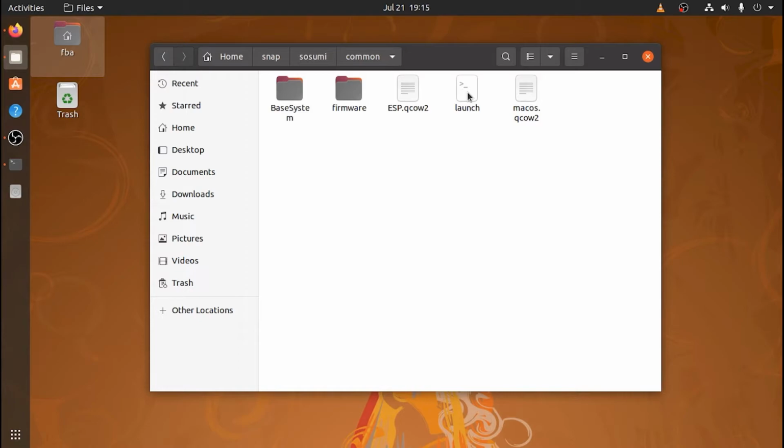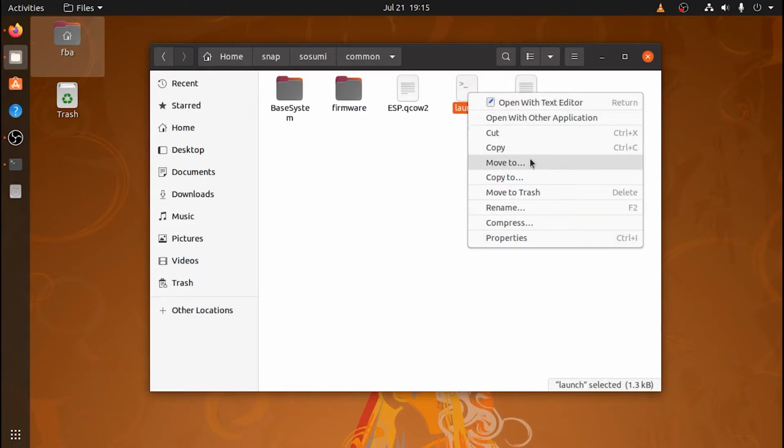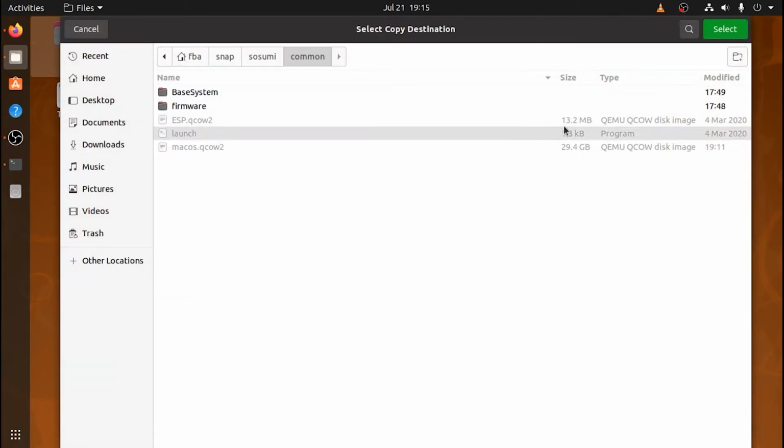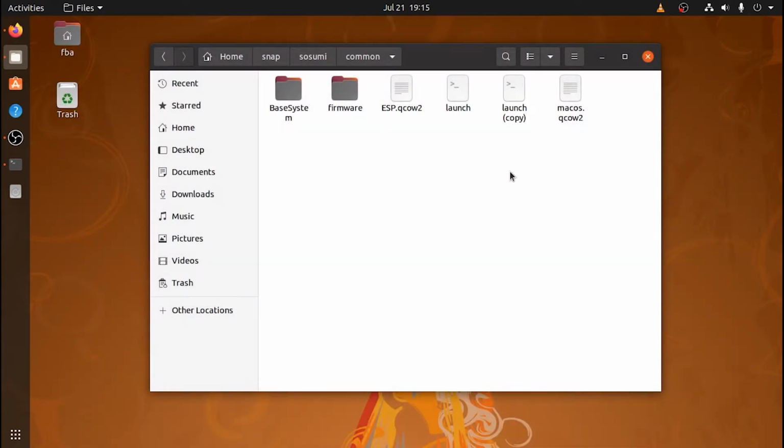Before opening this file, make a copy of this file as a backup, because if you make a mistake here, you can simply revert to the backup file and save your system. I mean, macOS system. So I'm going to make a copy of this, and I'm going to rename it as backup copy. Okay,